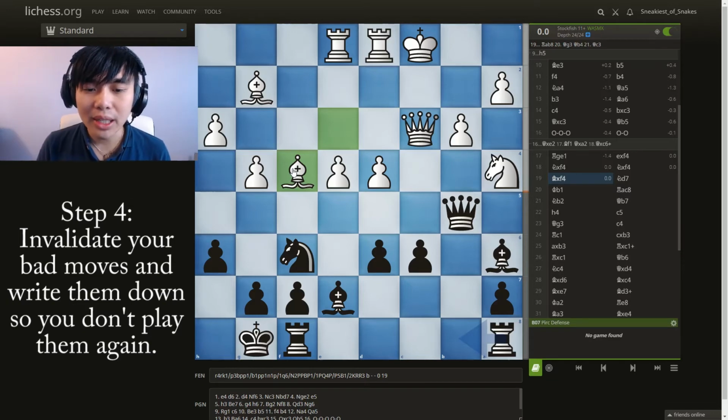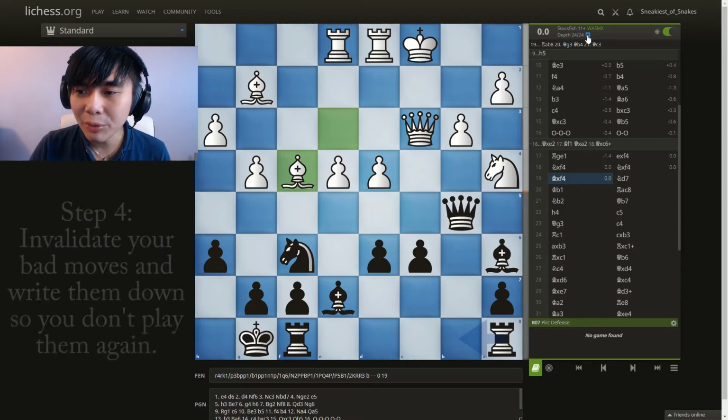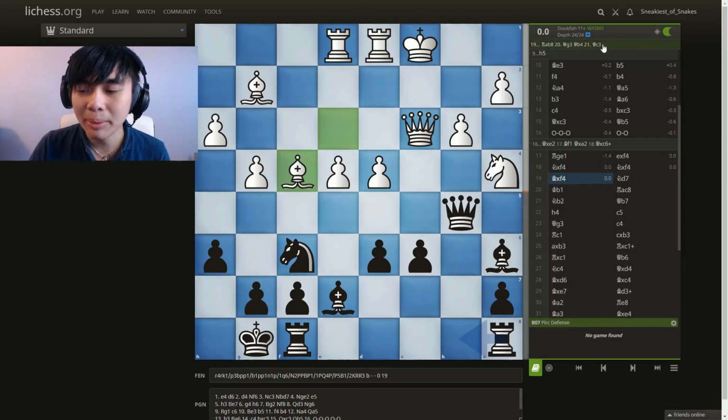Go through the game, look at the engine, and look through the moves. Basically, look through the moves, figure out, hey, why is this move bad? Why is this move good? Why does the engine say this position went from completely winning to completely losing all of a sudden, right? And then, so you guys see how I haven't really used the engine's basically recommended ideas.